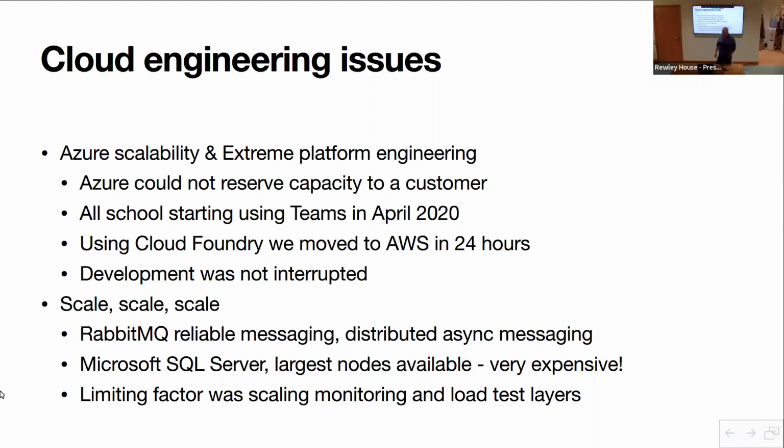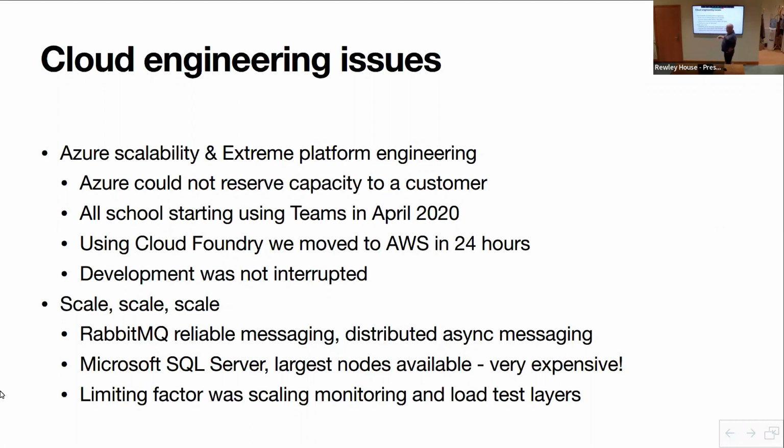And then scale. RabbitMQ, the largest civilian messaging system in the world. Does anybody know what it is? It's a trick question. I do know the answer. It's NHS England's backend. So all the different NHS apps like Choose and Book, and when you get sent your SMS from your doctor's surgery or whatever, that all goes through different apps connected to the same RabbitMQ backbone. And because RabbitMQ was supported by Pivotal, we decided to use that. It's also used in a lot of defense environments because it is reliable messaging rather than lossy messaging.